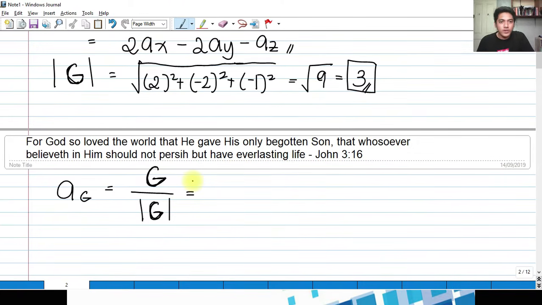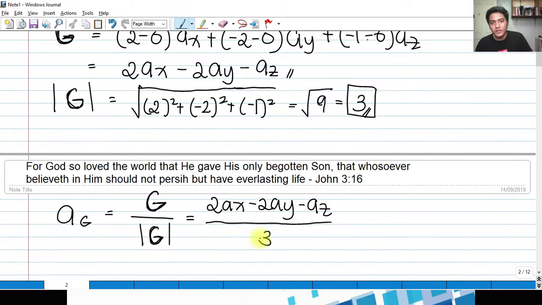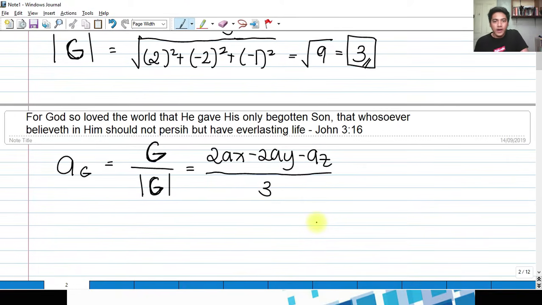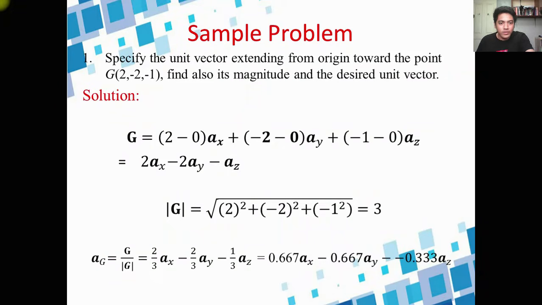So the vector g is 2ax minus 2ay minus az, over the magnitude of the vector g, which is 3. Hence, our answer should be 2/3 ax minus 2/3 ay minus 1/3 az. Or in decimal, that is equivalent to